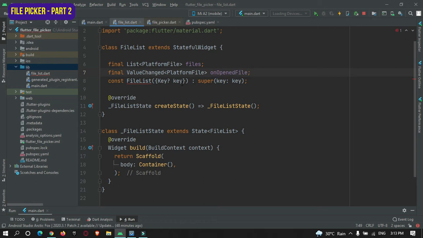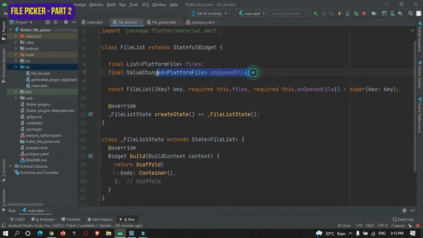We need to initialize them in this constructor, so let's do it. These are the two required properties in this file. So we have just created two objects over here, one of type list and one a callback function, and we have a constructor to construct the data.